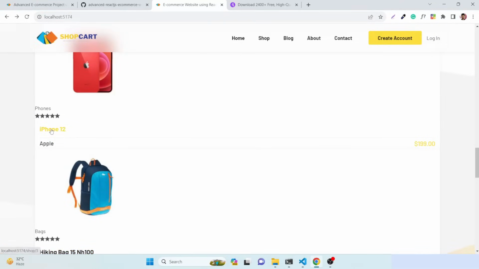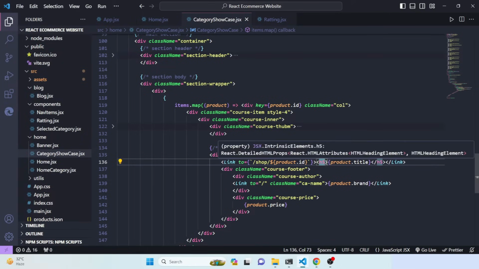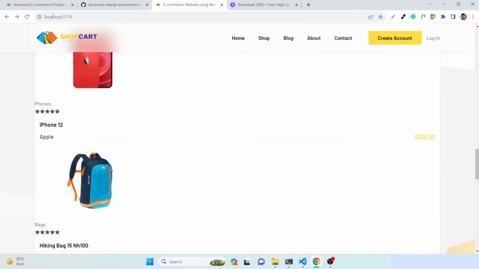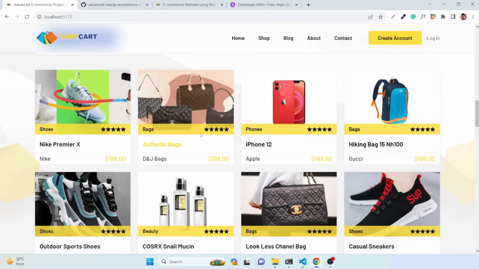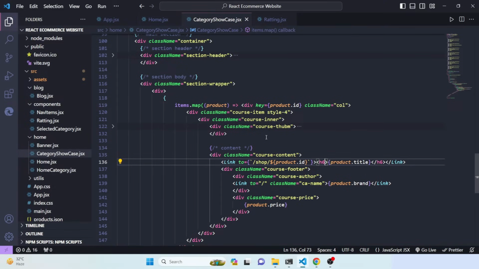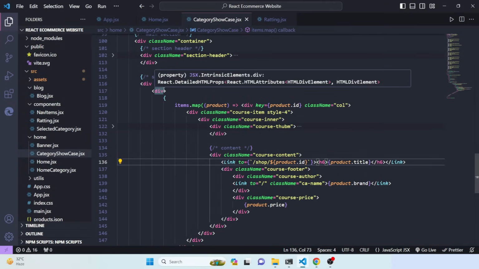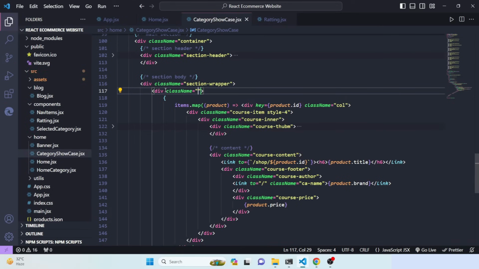Then you can see, now refresh it. Okay, the product name is now bold. So as we use h5, you can use h6 if you want, but okay, it's not looking like this one, so we have to make it look like that one. So that's why here we have to target this div. Here we have to add a class name. The class name would be firstly row, then g-4, that means gap would be 4, then justify-content-center, then we will have row-cols-xl-4,